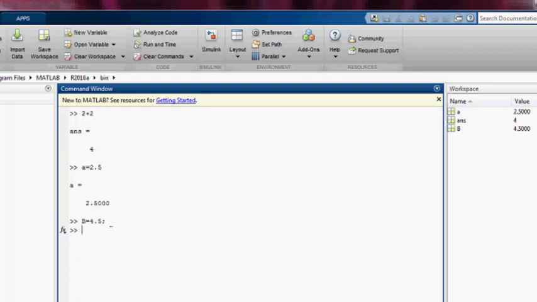In C, or some programming language, if you put a semicolon, it usually means end of the line. Here, of course, it means end of the line, but most importantly, it will not show you the result. For example, you have 100 lines of code in which you want to see only 3 steps' outputs. Then only for those 3 steps you don't put a semicolon, and the rest you put a semicolon. You will be able to see outputs of those 3 steps. That's how you can use it.